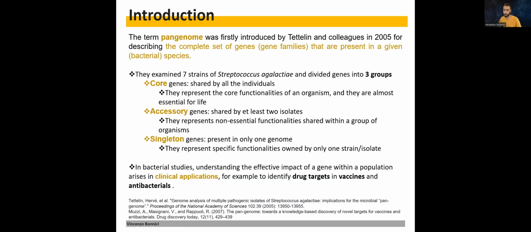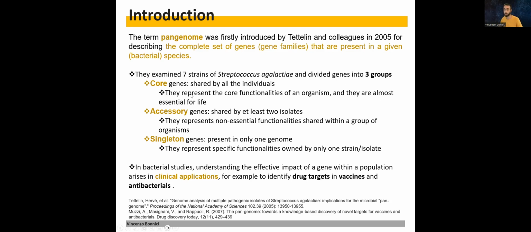So what are we talking about? We are talking about the pangenome. This term was first introduced by Tettelin and colleagues in 2005 for describing the complete set of genes, namely gene families, that are present in a given species, in this case a bacterial species. In fact, they examined 7 strains of Streptococcus agalactiae and divided the gene families